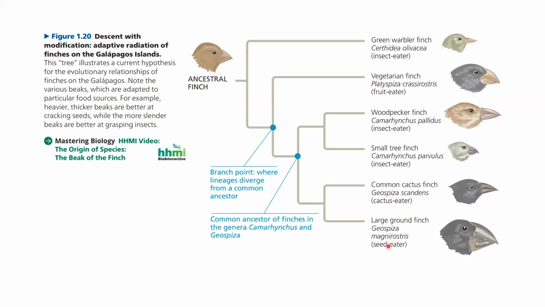At each branch point, that's where lineages diverge from a common ancestor. And that's why you have all these various different types of beaks within the finches. If you trace back evolutionary history, you're able to trace it back to an ancestral finch. And then through selective pressure, some sort of environmental pressure, it started to branch off and then branch off even further to get the full diversity of the finch beaks. So that's a broad overview of biology and life and evolution and the cell as the fundamental unit